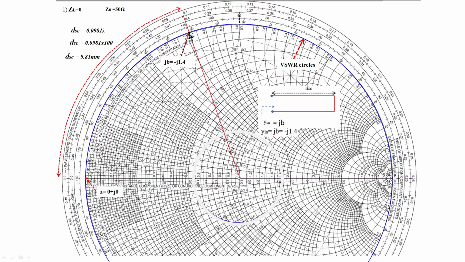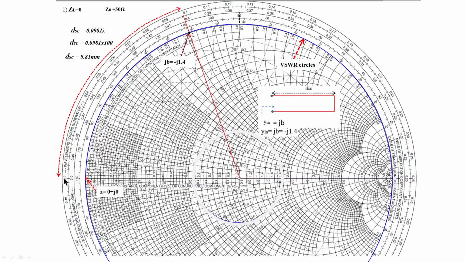Whenever we come across the required value, minus 1.4, because the susceptance values are negative in the upper part here, this is the point. We stop here and mark it. Then draw a line passing through that point to the wavelength scale from the center of the Smith chart. This is the center of the Smith chart. Passing through our required value of susceptance, the line should touch the towards generator wavelength scale, the upper values, and read the distance from here.